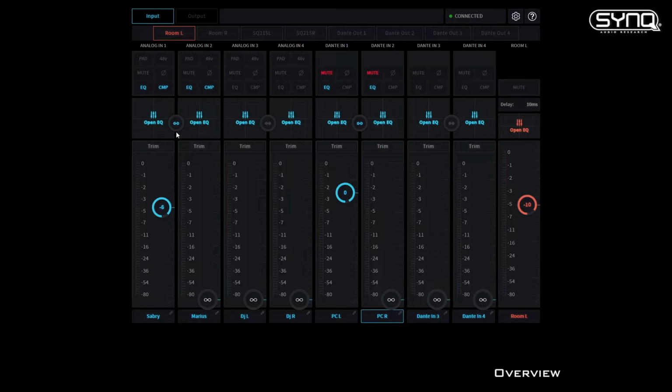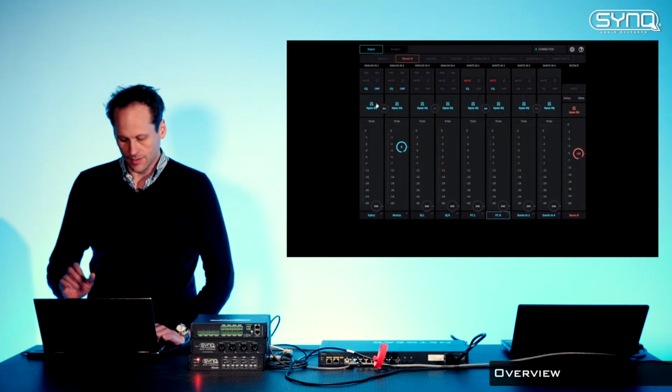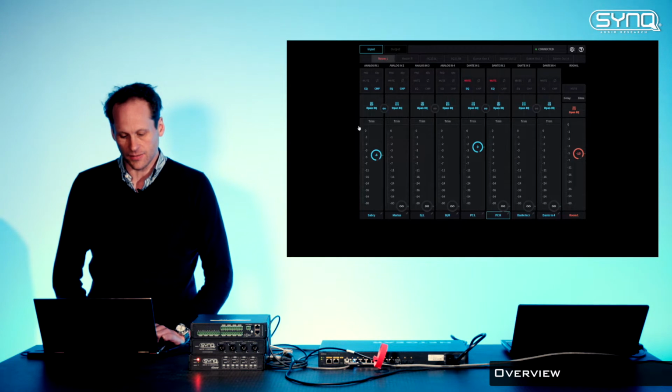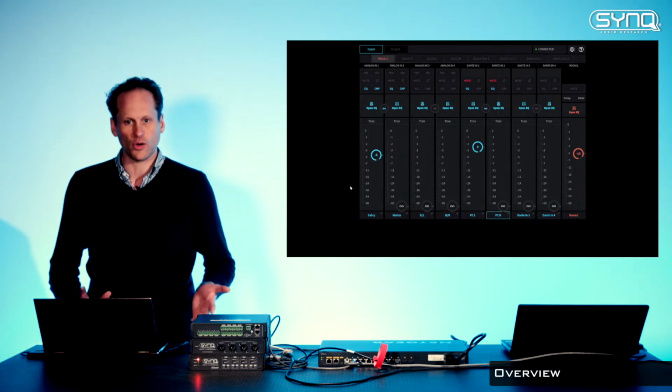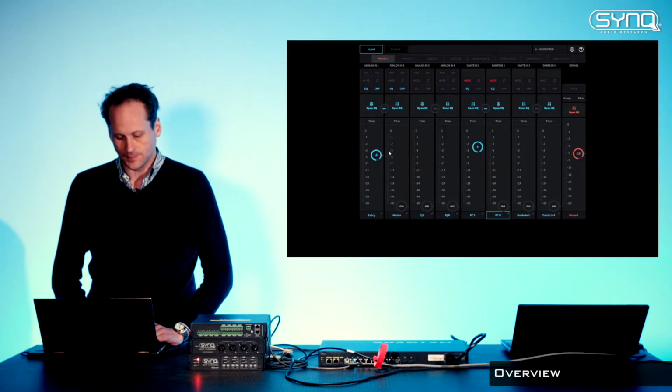You guys are probably going to ask, what is this button? It's actually a link. We will link all parameters except the fader. Why? Because if you set the output 1 as room left, you don't want the left and right channel going into output left. You just want a left channel. And the same, when we click here, room right, we're going to set this value right here. We're going to set the channel, let's say 0 dB.